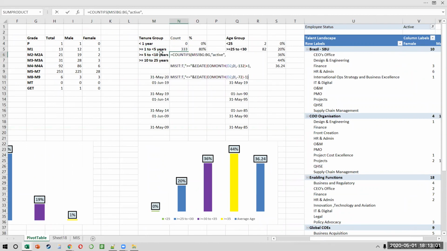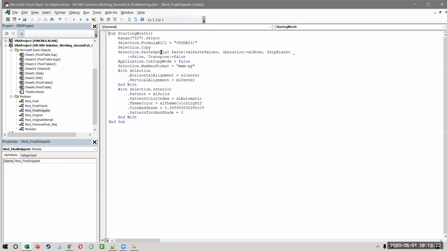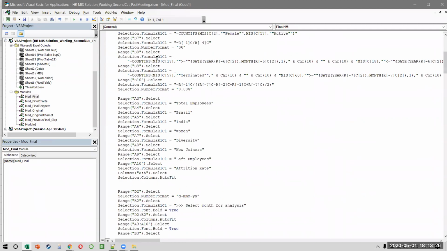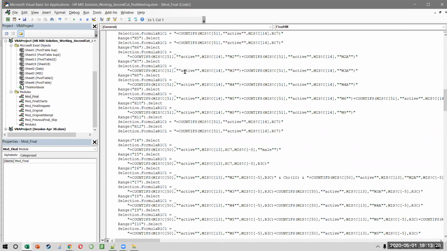Look at these formulas. All my formulas are now written in the code. A lot of times people say, but Avish, in the code also we have to write the formula. I agree that in the code as well you have to write the formula. But the benefit is that when you write the formula in an Excel file, you have to copy and paste the formula every time you have to use it. If you do it in a macro, you just have to do it one single time and you don't have to make any changes there. So even if you see my code, you will notice this is how I created my code and all my formulas are here.